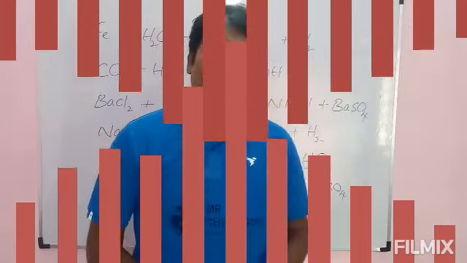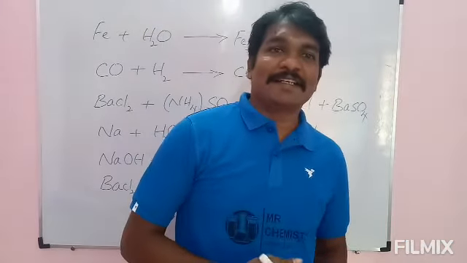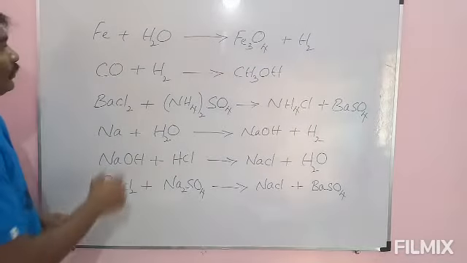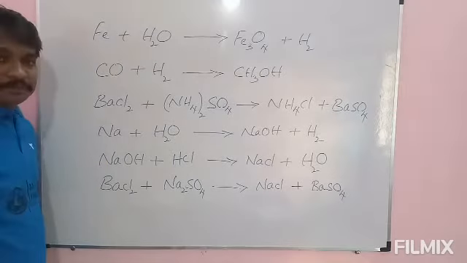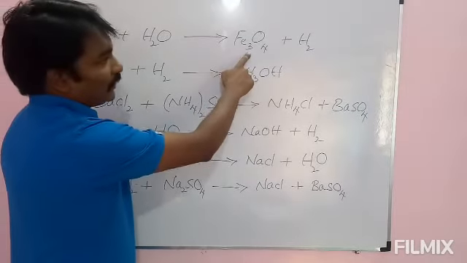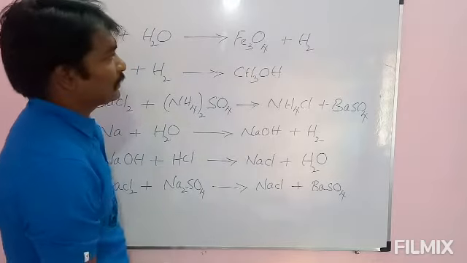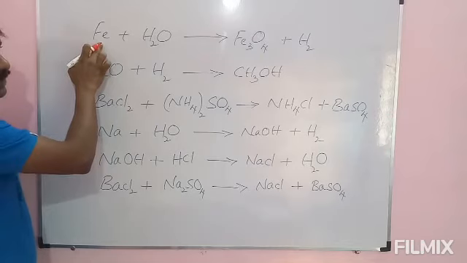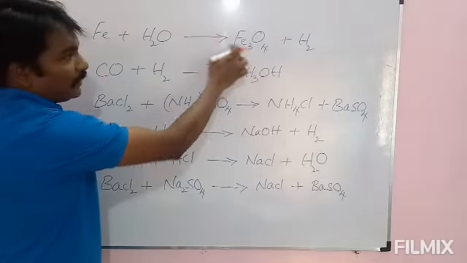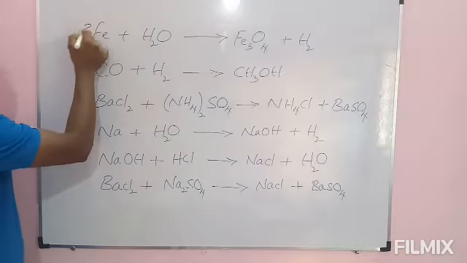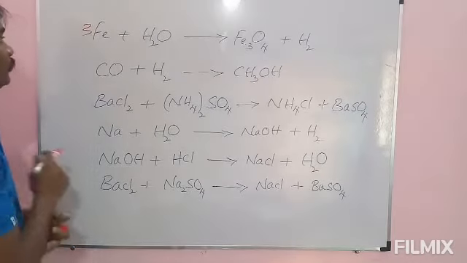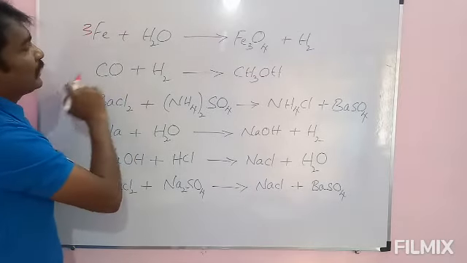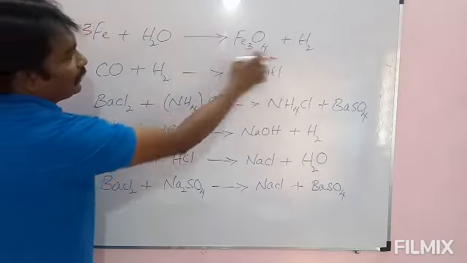Here a few equations are there on the board, and we will start balancing the equations. And see here, the first one: when iron reacts with steam, it gives ferrous-ferric oxide and hydrogen gas. The number of iron atoms on the reactant side is 1, on the product side 3 are there. To make it 3, I am writing 3 in front of Fe. 3 Fe, both are balanced on both sides, and hydrogen here 2 are there, here 2 are there.